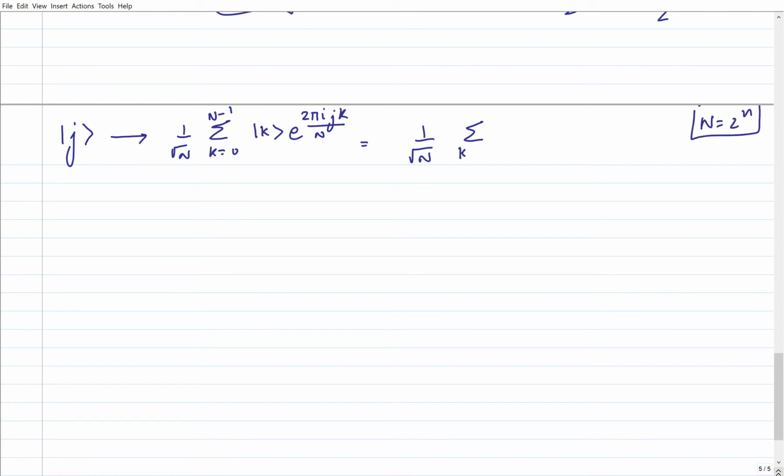So I have this guy. So the Fourier transform, or the quantum Fourier transform, I should say, in the same words as